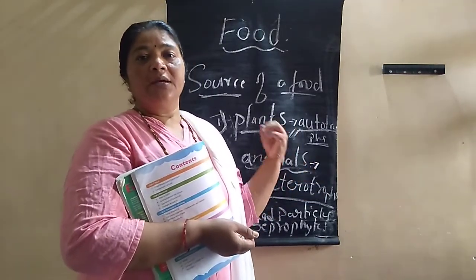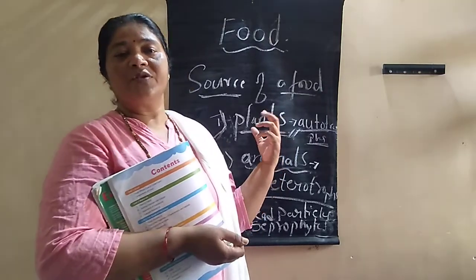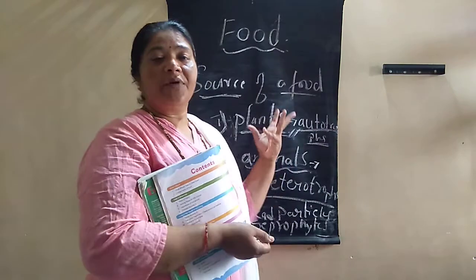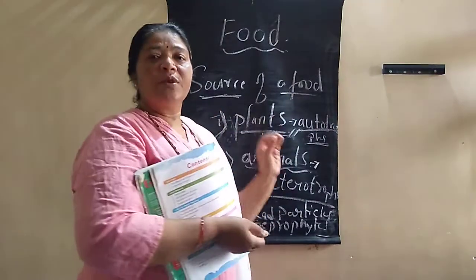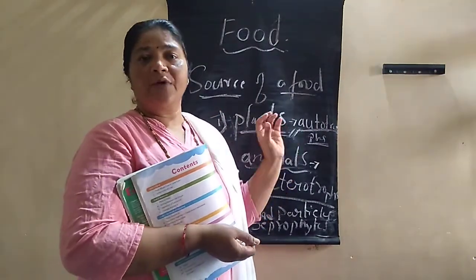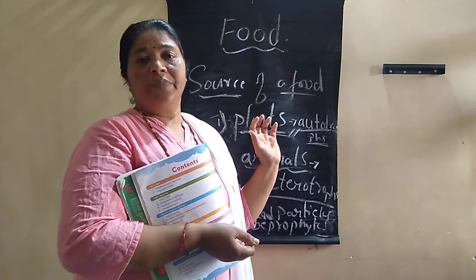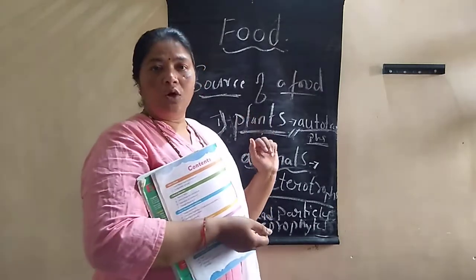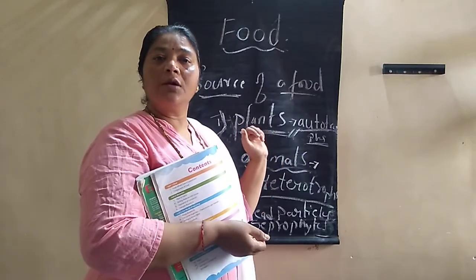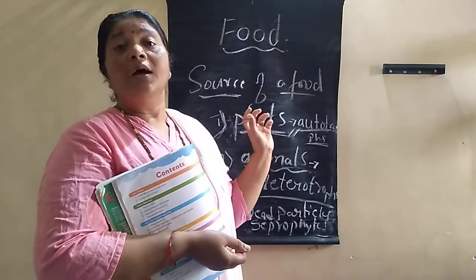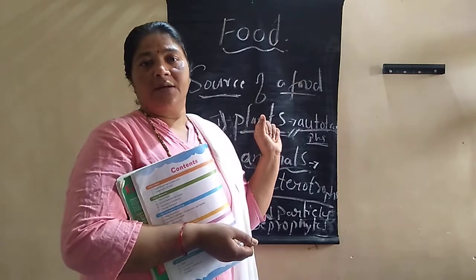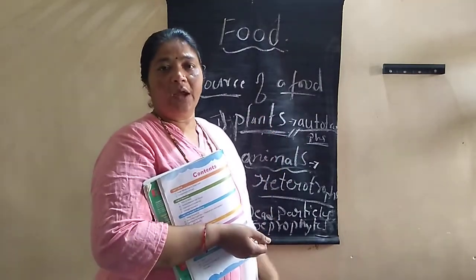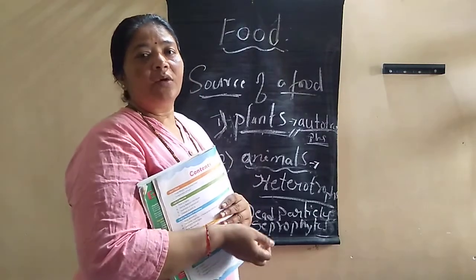Think over it and get information from your elders and the net, and divide the surrounding animals. You have to write minimum 5 to 10 animal names, which are heterotrophs and which are autotrophs. Among autotrophs, including all the plants, you can include algae, like green algae; this also comes under autotrophs. This is about today's class.